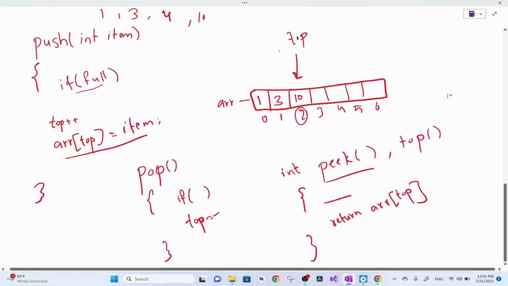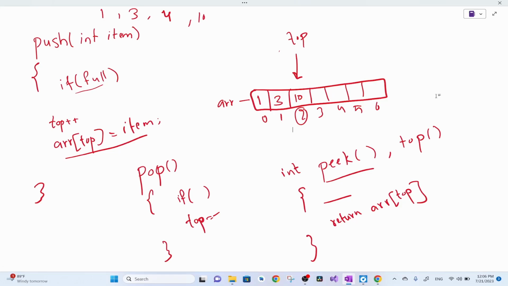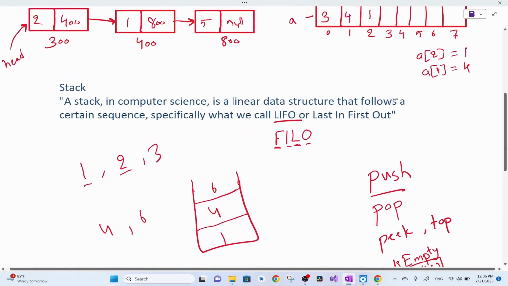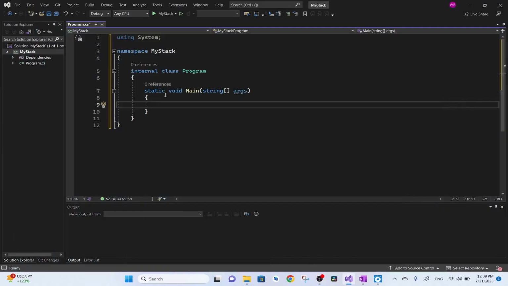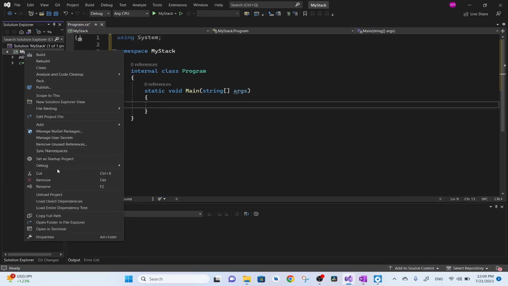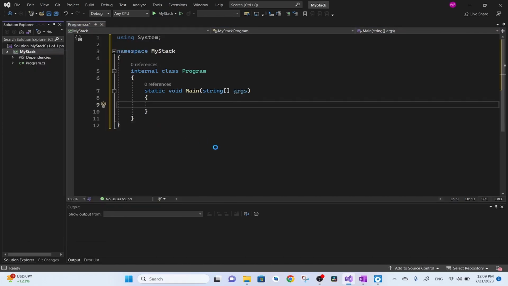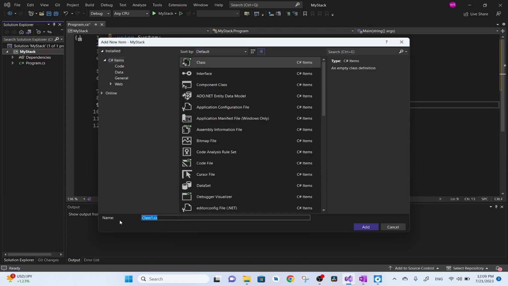So in this video we're going to use C# to implement our own stack data structure using an array. Once you learn the concept, you can use your own favorite programming language to implement the stack data structure. So let's get started and implement a stack data structure using array in C#. What I'm going to do is create a class, let's call it my stack. I'm going to right click here and add new item. I'm going to add a class, let's call it my